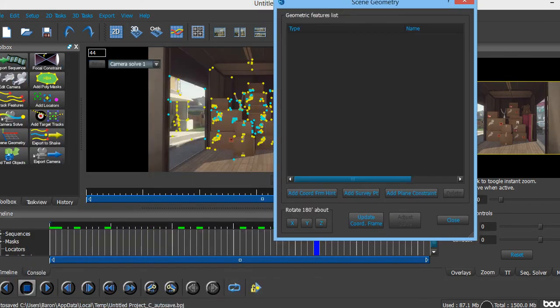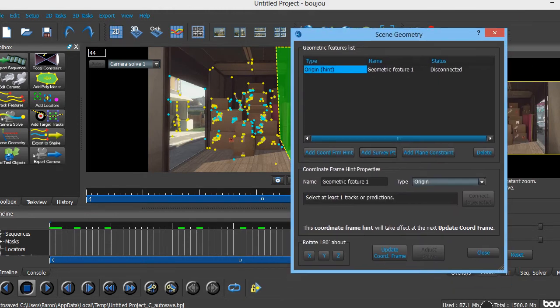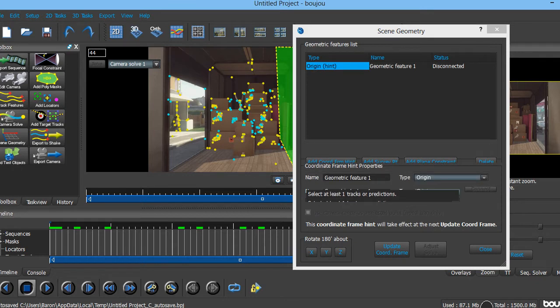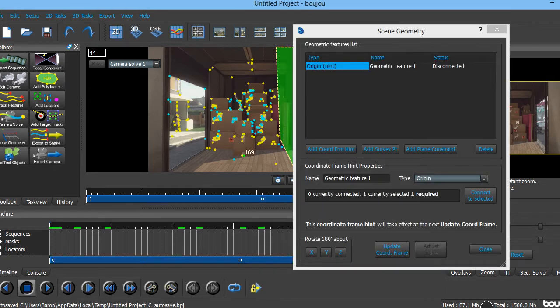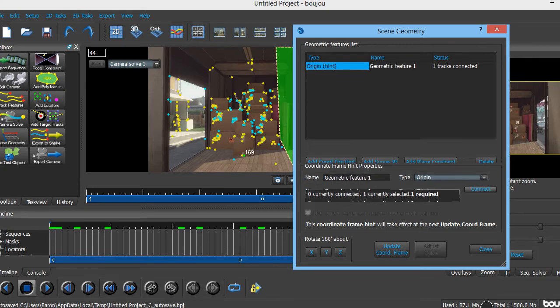Okay. And you're going to add a coordinate from the hint. And let's see. You're going to want to have origin and typically the middle. That'll be fine. Just to basically sharpen an area of where you want your text to be. Yeah, mine usually freezes on the first dot, so we'll wait. Okay, so you're going to connect it to the selected, and then you're going to want to add another